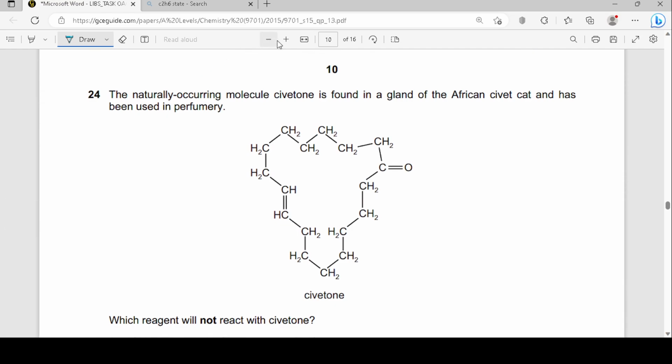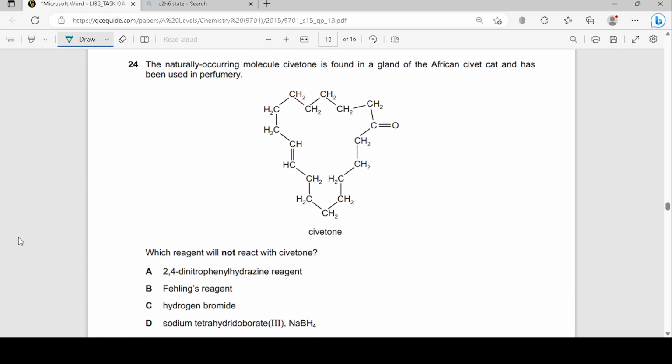next question. The naturally occurring molecule civetone is found in a gland of the African civet cat and has been used in perfumery. Okay, I'm just curious, how does that